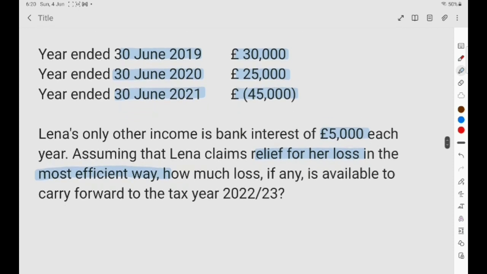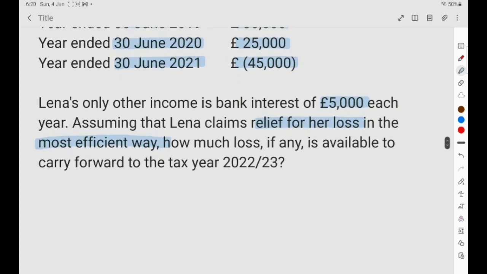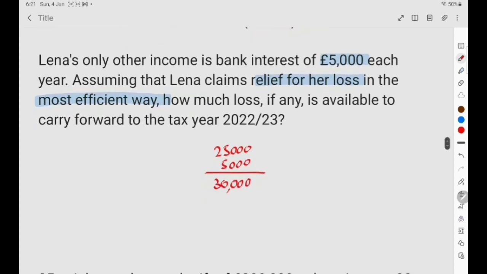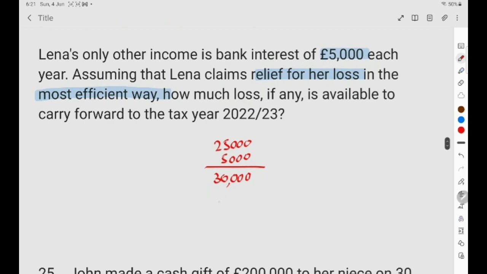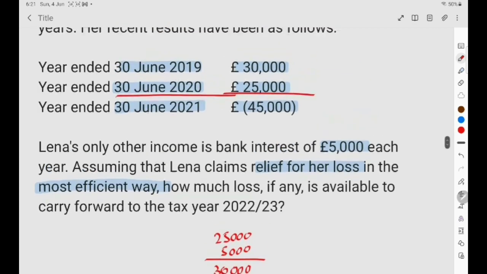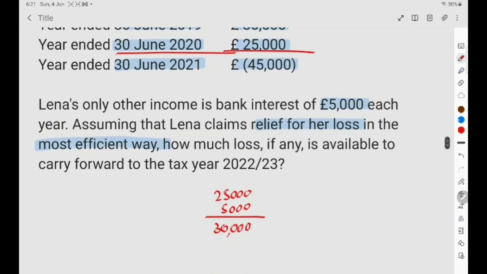So first we have to consider that in the previous year, and previous year is 30th June 20, in this year the total income of that person is 25,000 plus 5,000. This is 30,000 of his income, that is said to be total income of previous year. So out of 45,000 of loss, 30,000 would be set off against year ended 30th June